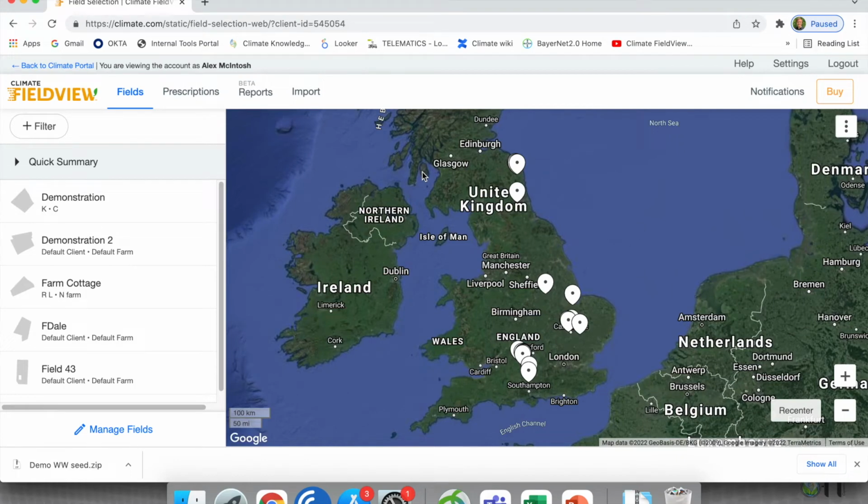In this video, I'm going to guide you through how to use the new auto zoning feature that has been added to Field View. Before using this feature, I would recommend checking what imagery you have available for the field you want to use. Select the field from the Fields tab,